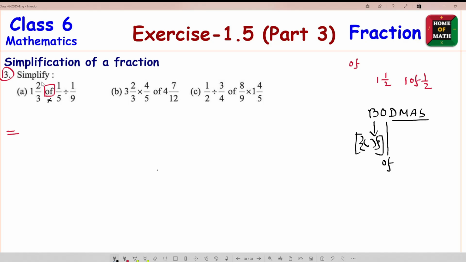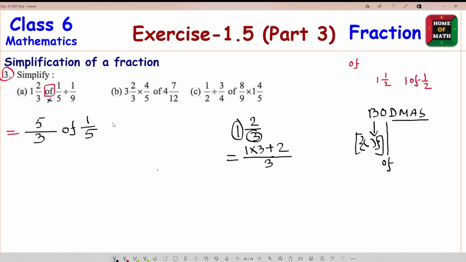So 1 2 by 3, this is a mixed fraction. We can write this as 1 times 3 is 3, plus 2 is 5, by 3. So again we can review 1 2 by 3: it means 1 times 3, where this is an integer and this is the denominator, so integer times denominator plus numerator 2, divided by denominator. Okay, so 5 by 3 of